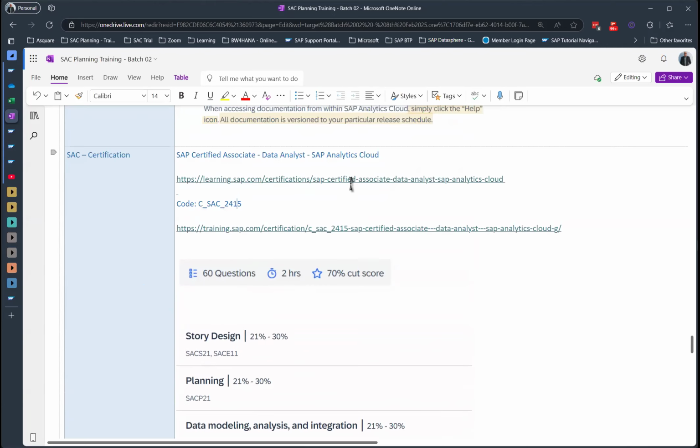And this is the certification. For the certification, you have to buy a subscription, and it's a Learning Hub subscription you have to buy for certification that will enable you to take the certification. Now, for certification, you can either have a single certification, or you can have multiple certification. Like if you buy the complete Learning Hub subscription, then it will allow you to have, I think, 3 or 4 certification, which you can take within that subscription. But you have to buy the subscription for taking the certification.